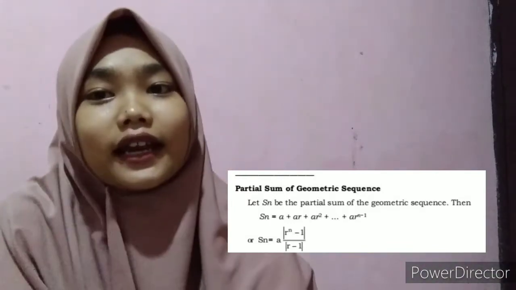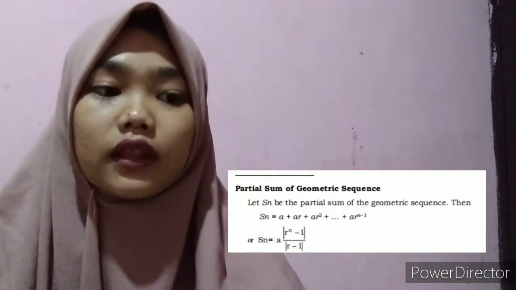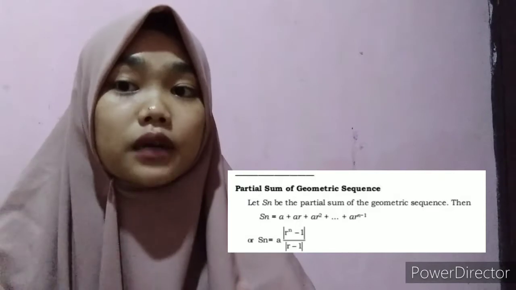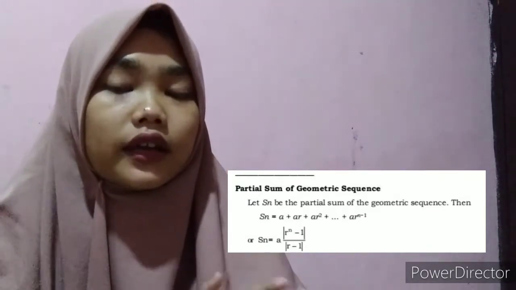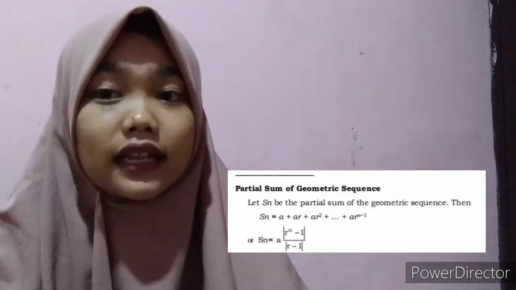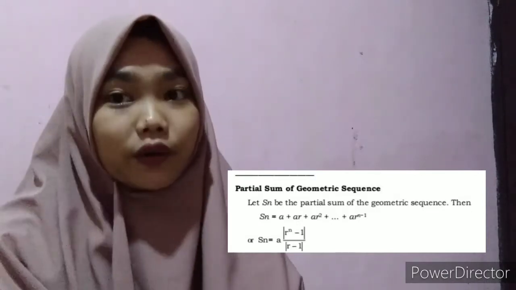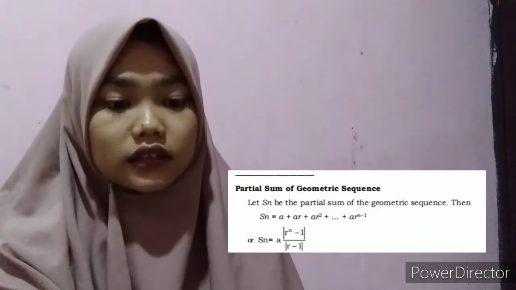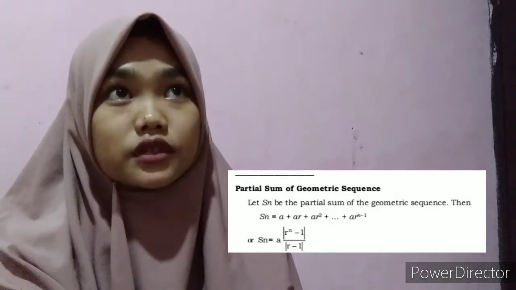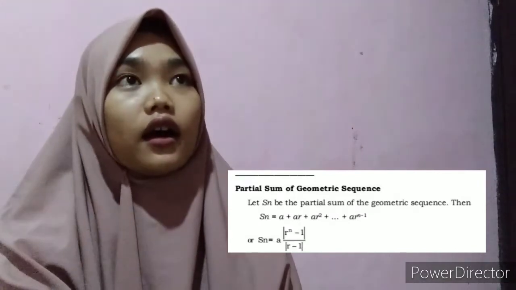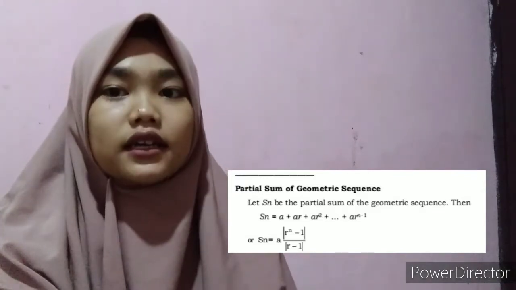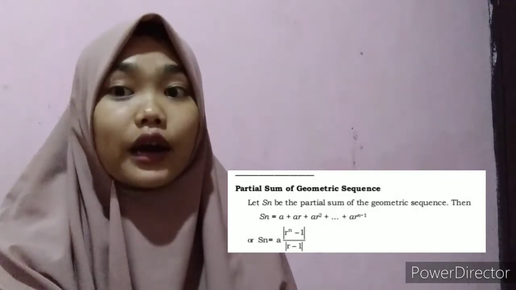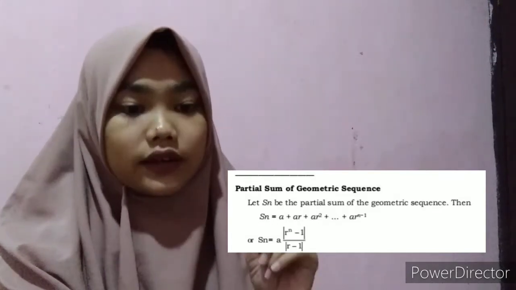Then Sn is equal to a plus ar plus ar squared plus and so on plus ar to the power of n minus 1, or Sn is equal to a times (r to the power of n minus 1) divided by (r minus 1). For example,